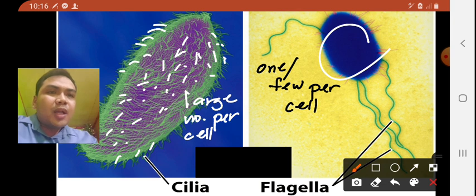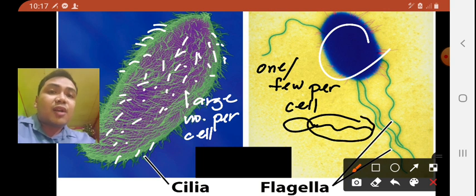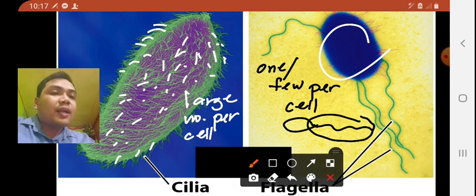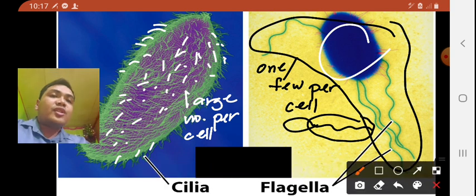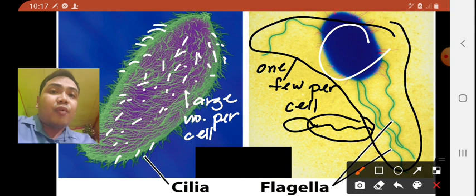So the best example of this illustration is the sperm cell, in which we know very well that sperm cell consists of a tail. So this tail actually pertains to the flagellum. So this is an example of a cell that consists of one flagellum, which is the sperm cell. But in our illustration, this unicellular organism, or let's say this bacteria, consists of 4 flagella. So, to reiterate once more, they differ in terms of their number for each cell. So, for cilia, they are large in number. On the other hand, for the flagella, you can have one or few number for each cell.